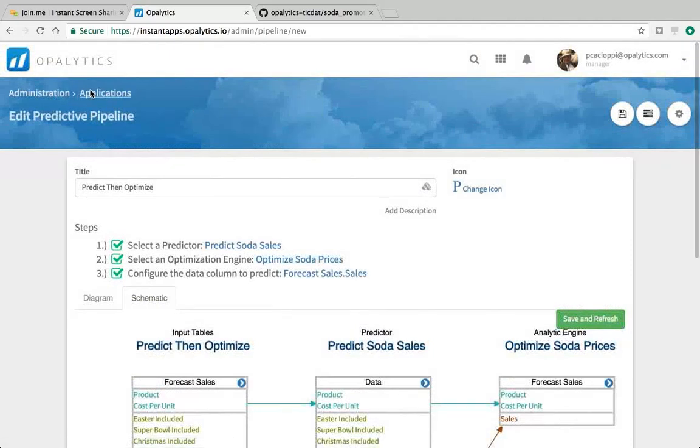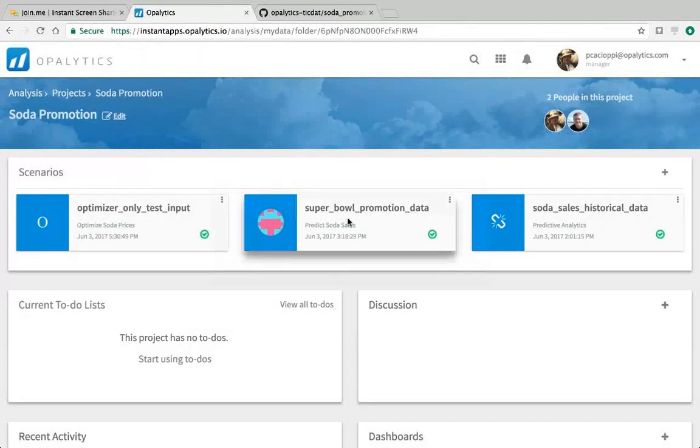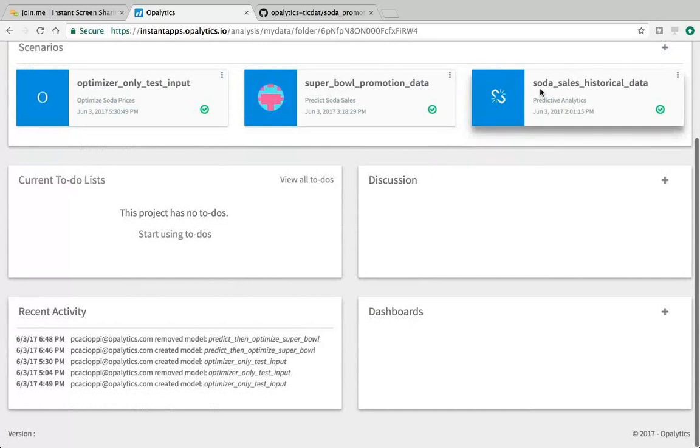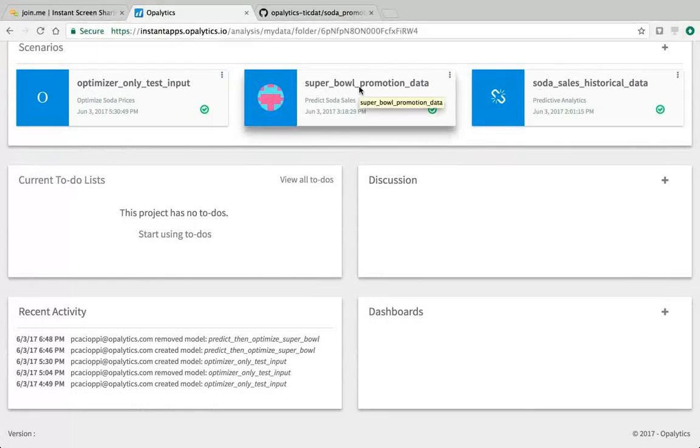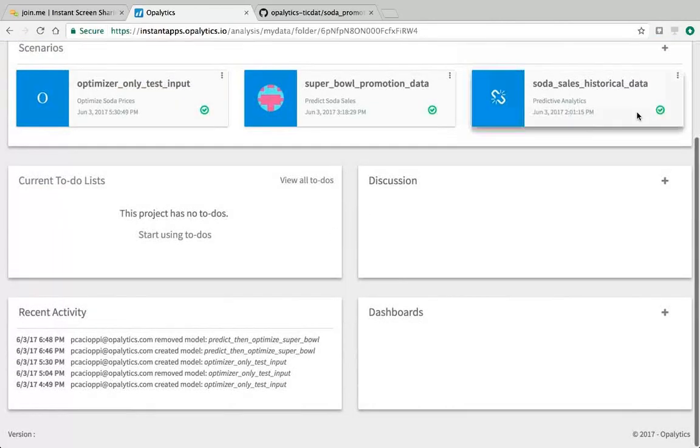Now let's see how this works in practice. Again, here's the project we made in video 2. We trained on the historical data set to find the right algorithm, and then we created the predictor object. When we published the predictor object, we created this application, which for video 3 is an app that only performs predictions. And then in video number 4, we loaded a Python script that only performs an optimization. Now that we've connected these last two together,